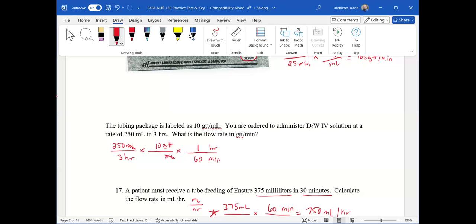Now, sometimes students get hung up on, do I multiply by 60? Do I divide by 60? When you use dimensional analysis, it takes that out of the equation because you're just matching up to eliminate units, and it helps to organize the material if you're ever getting stuck. Okay. So I'm going to take 250 and we'll multiply across the top times 10. I'm going to get 2,500. I just leave it in my calculator. I'm going to divide by 3 and I'm going to divide by 60. And I'm going to get